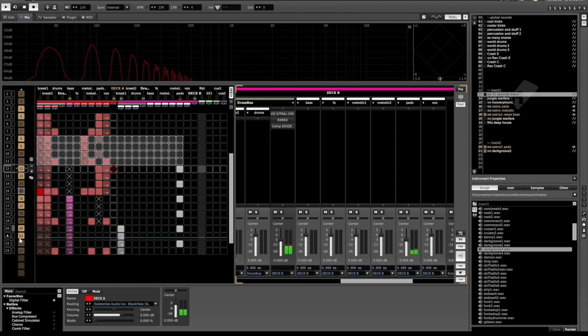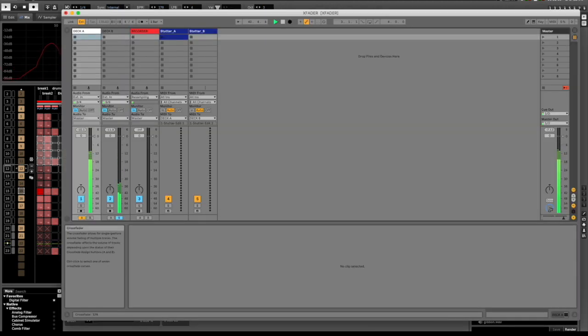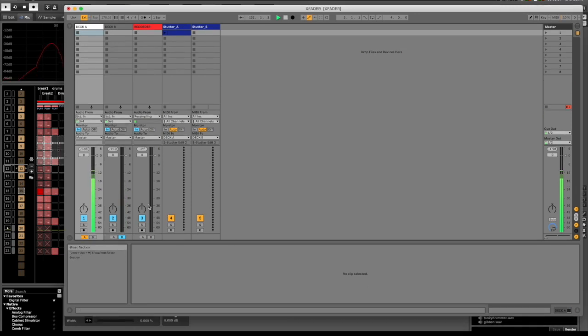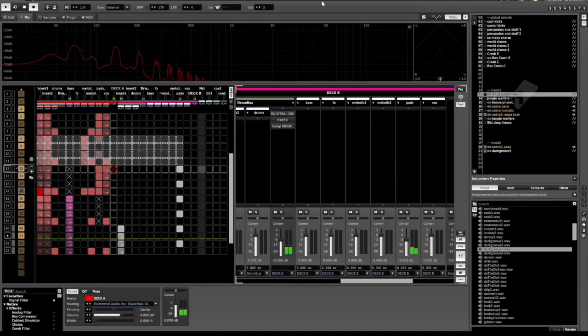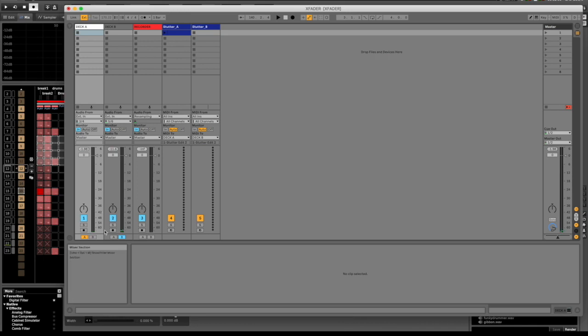Okay, so now crossfade between the two. Okay, so yeah, that's how you use Ableton with it. You can also use, let me stop this here really quick. So if you don't want to use Ableton, you can also use, let me turn these off,